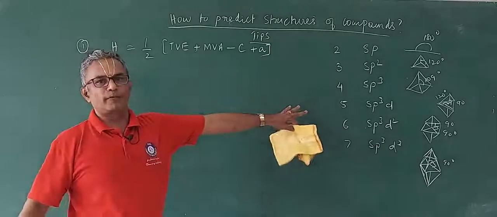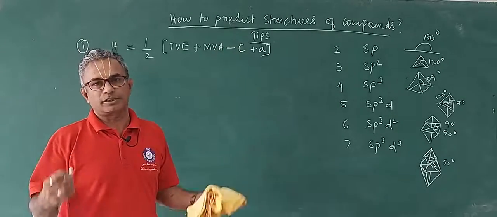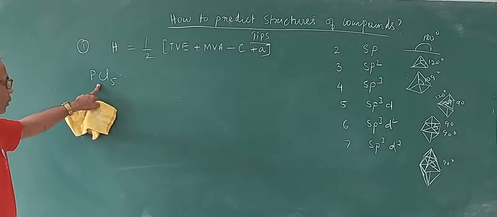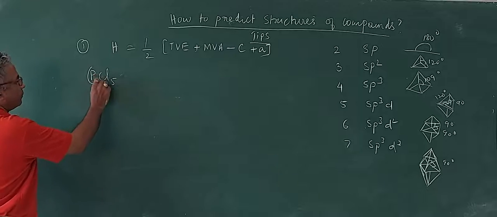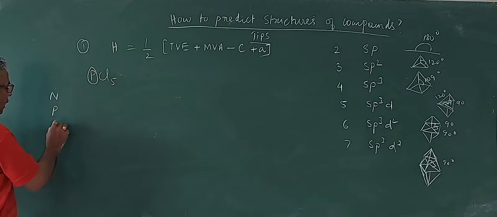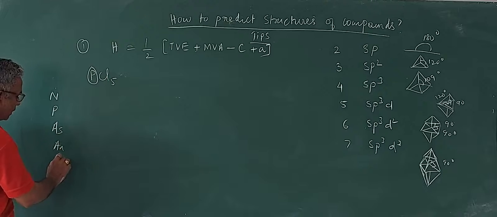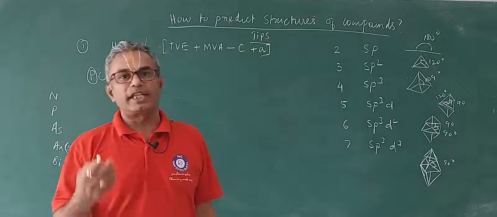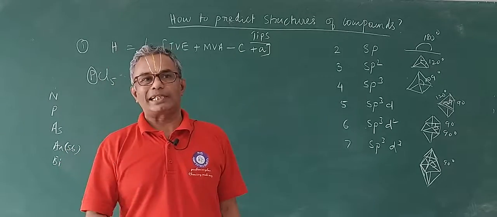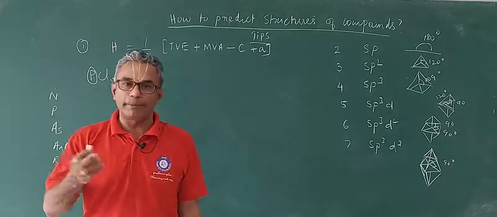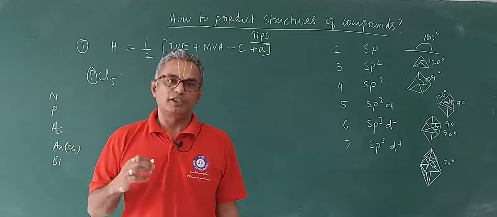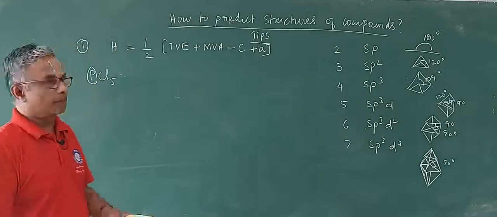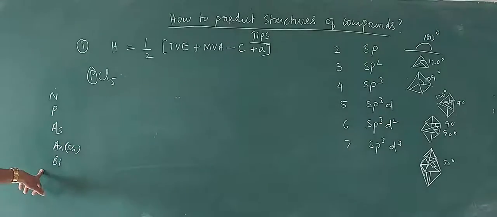So, with this background information we will try to predict the structures of various compounds. Okay. Now, let us take the example of PCl5. Now you should remember that phosphorus belongs to N, P, As, Sb, Bi, where Sb is antimony. I have given you how to remember the names, symbols, atomic numbers and electronic configuration of all the p block elements by using a short mnemonic in my another video. Please do watch that video